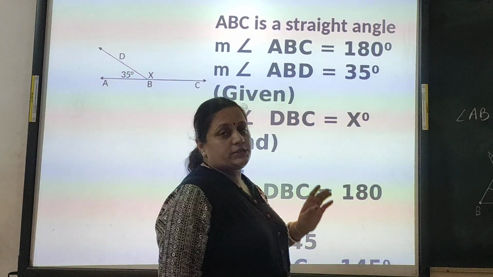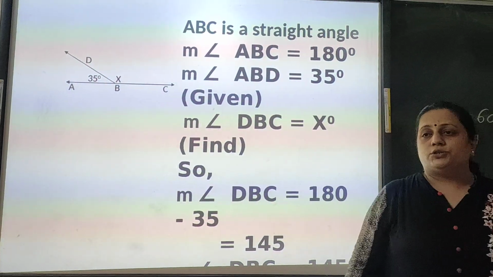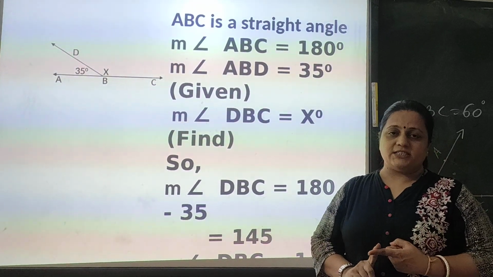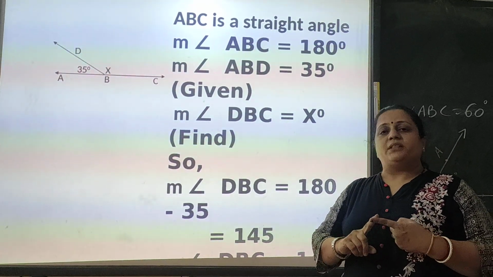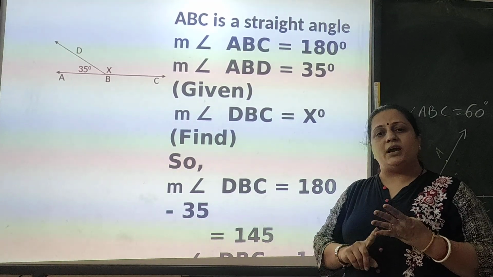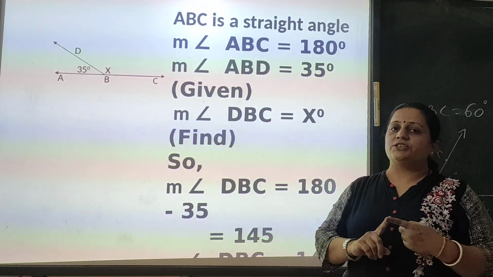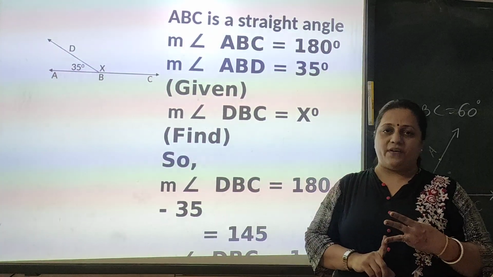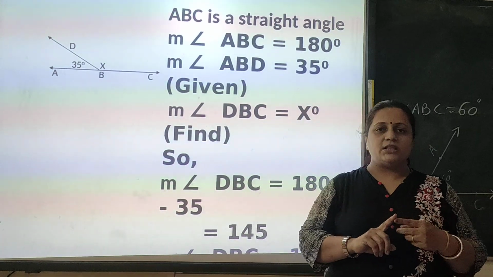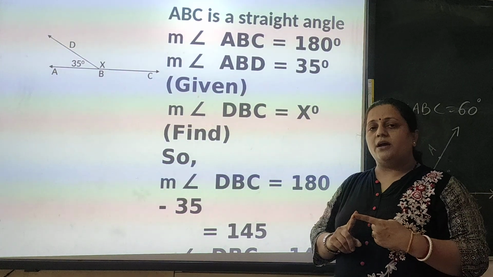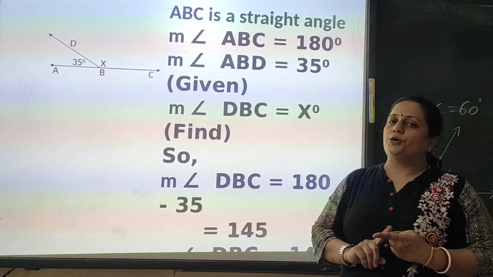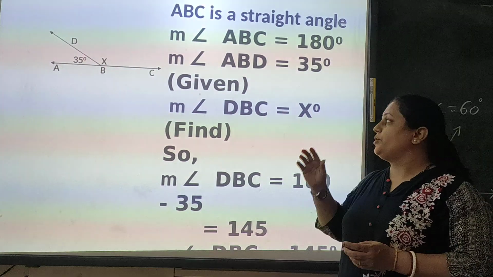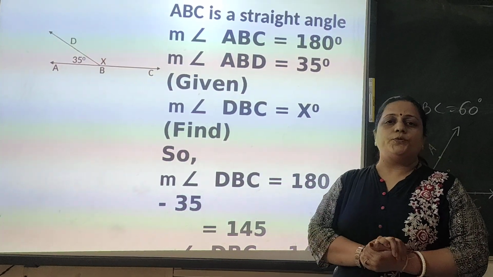So hope children you understood well how to calculate x. So in the chapter shapes and angles, what have we seen? We have seen basic geometrical concepts. In that we have seen plane, then point, then line segment, line and ray. After that in the second lecture we have seen what is meant by angle, how to name the angle and what are the types of angles. In the third lecture we have seen what is meant by protractor, how to measure an angle and how to draw an angle. In this last lecture we have seen how to calculate x or how to find out the value of x. So hope you understood well.